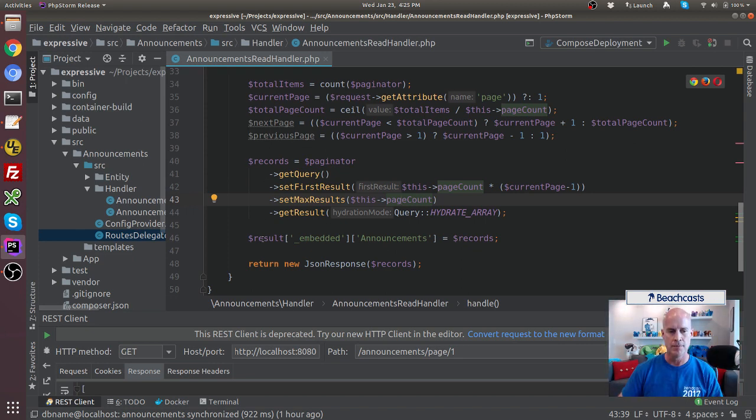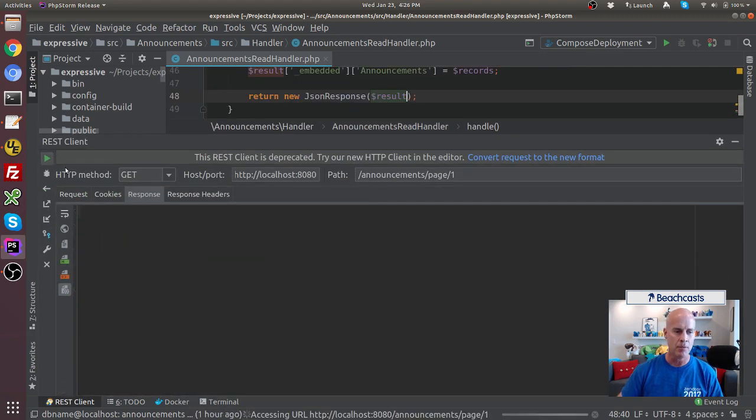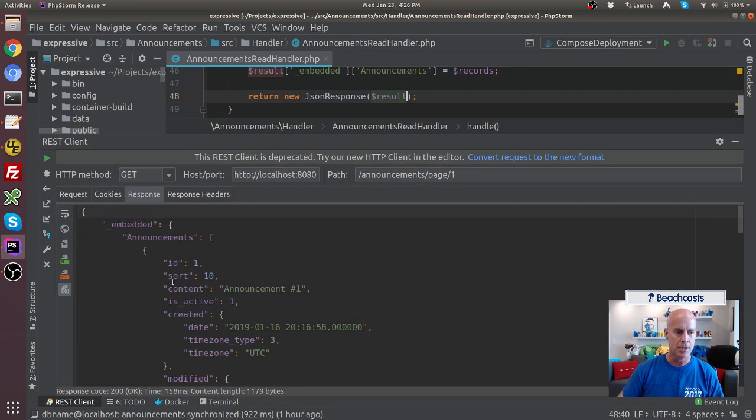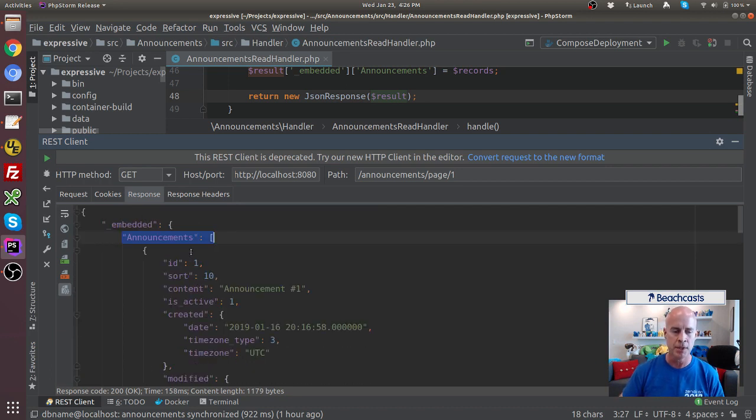Oh, let's see why. First I need to set the results to go into the JSON response. I was still passing record into the JSON response instead of the result. So now if I come back, we see that indeed we now have an embedded array item, and announcements are underneath there, so then we can see the different items under announcements,